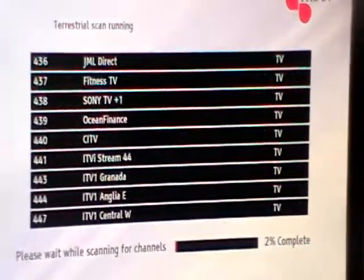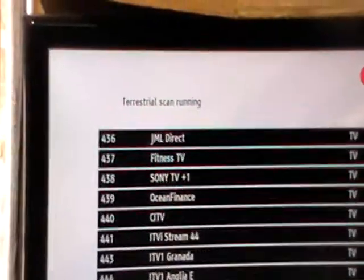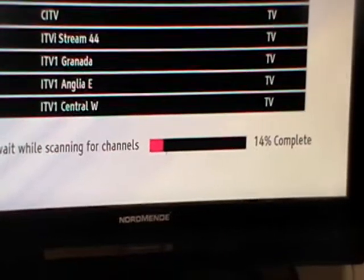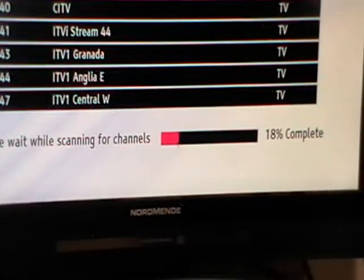And what it's going to do here is a terrestrial scan running, okay? So this is not an impossibly slow process, but relatively slow again, okay? So you can see here we're making progress. It's probably going to take in the region of about a minute and a half. Now, one pretty cool thing about this is